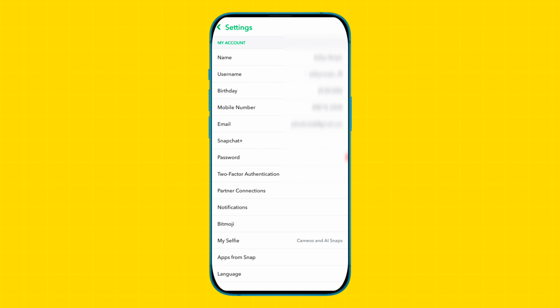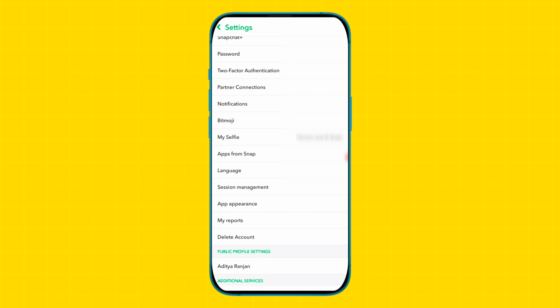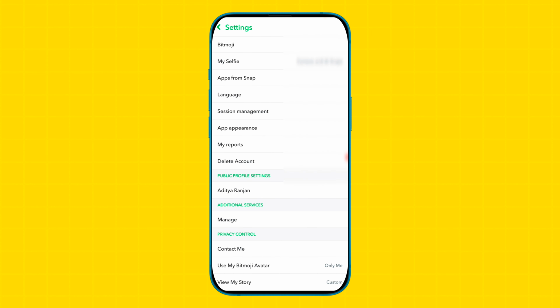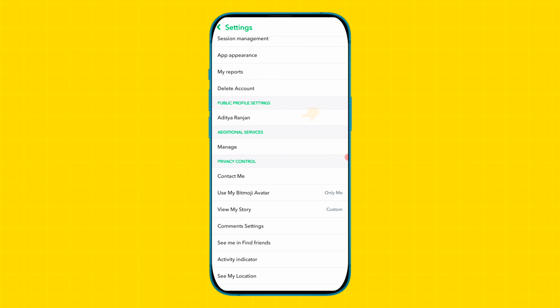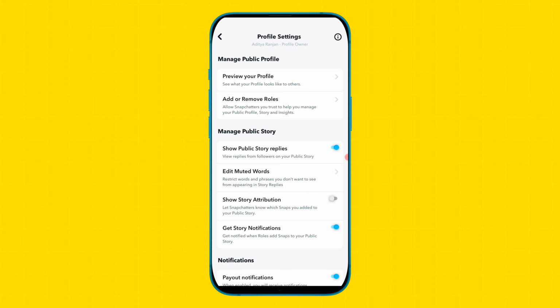So friends, here simply scroll down your page, and as you scroll down your page you will get to see the option of public profile settings. Simply friends, tap on your name, and as you tap on this option, this kind of page will open,